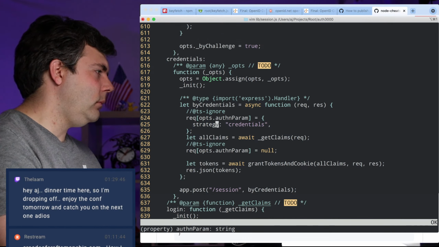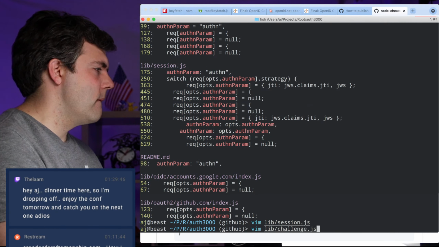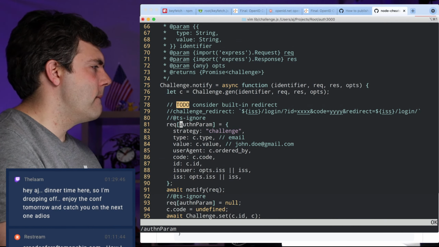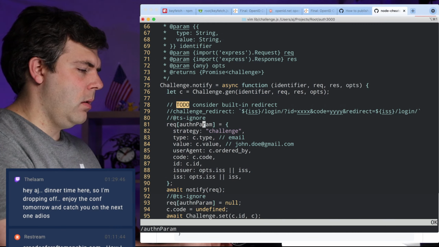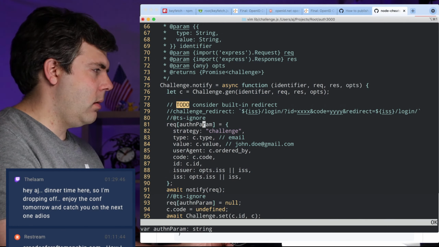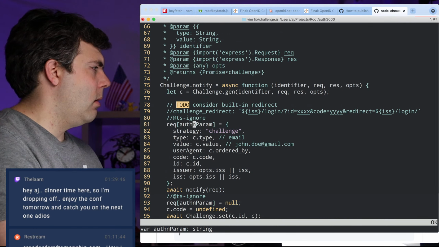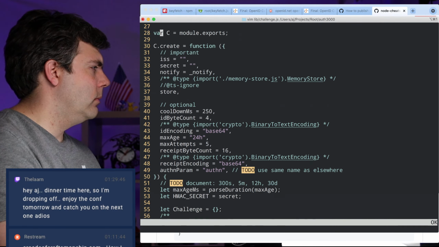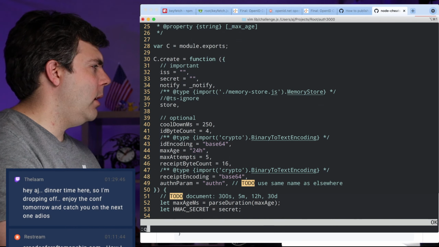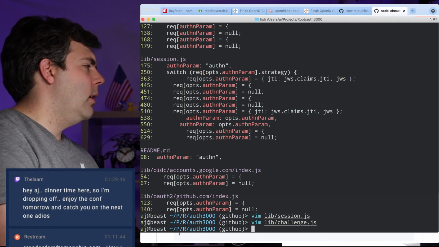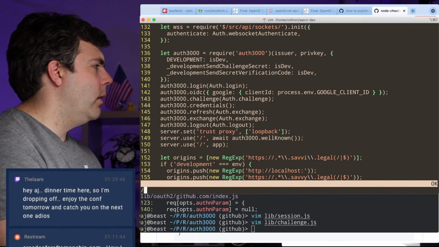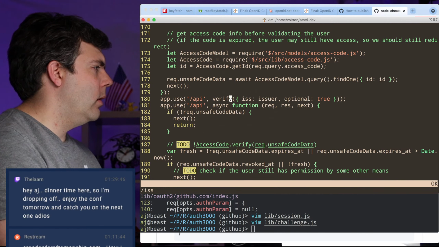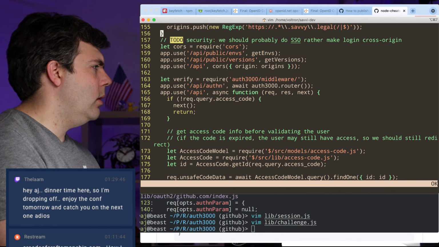I don't know. We'll see. But the main thing is I'm going to have to get the issuer and the secret down into this level as well. So issuer.